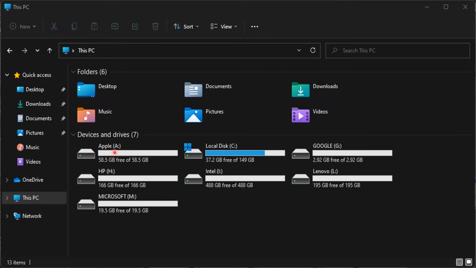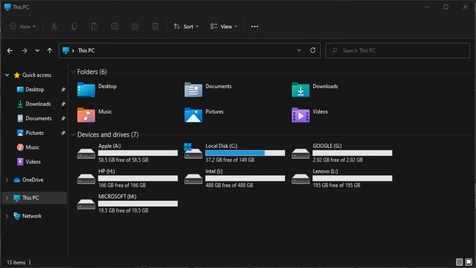For example, here Apple and A, HP H, Microsoft M, and so on, and each has a different size. In addition to the original partition where my operating system is installed, my additional new hard disk can now be used. So we will learn, inshallah, in this video how to do this